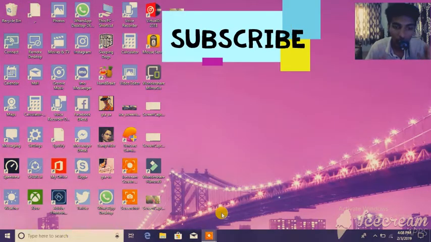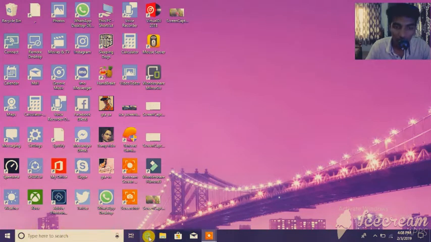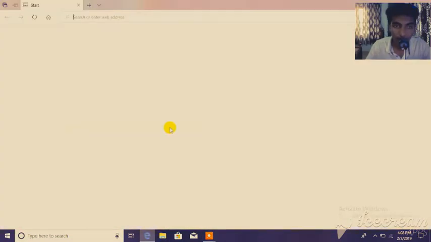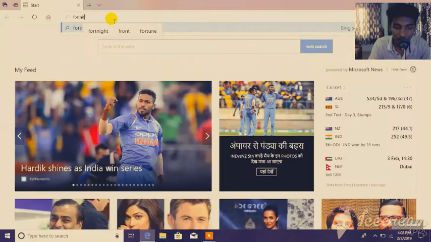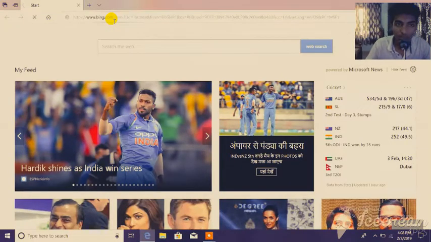For downloading Fortnite on a PC or laptop, first you need to go to the Microsoft Edge and type Fortnite, and search.